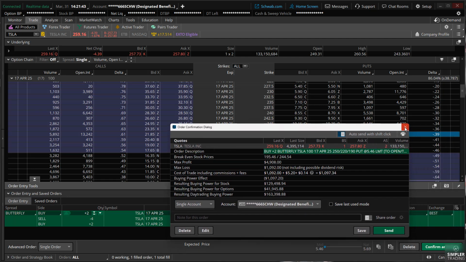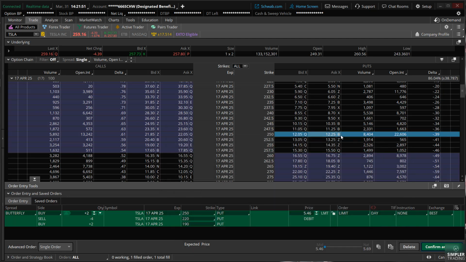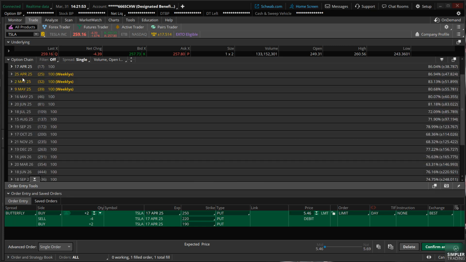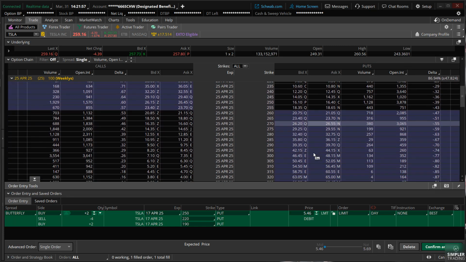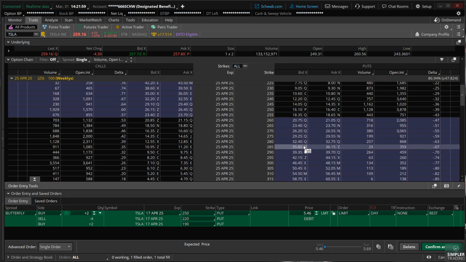And that would be a pretty low cost way that you could short this thing going into options expiration before this earnings report. Now, if you were going to use just straight puts, it would be better to do it the week of earnings so that you could hold it a little bit longer. They're just going to be really expensive. So that's why I typically stick with the butterfly.